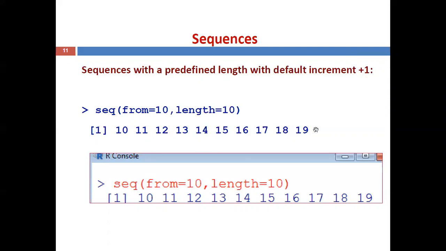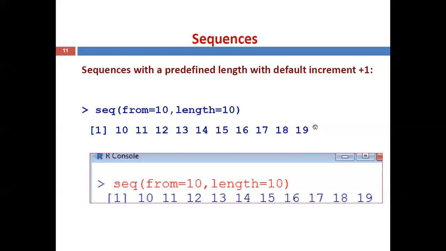Now the output is, see here, it is increased by plus 1 each and every time. Like that it generates 10 values. Why? Because the total length is 10. That means 10 values are included in the sequence, starting with 10. Now you can see the first one is 10. By default increment by 1: 10 plus 1 is 11, 11 plus 1 is 12, 12 plus 1 is 13, 13 plus 1 is 14, and so on, 18 plus 1 is 19. Till 19 you can see the count is satisfied: 1, 2, 3, 4, 5, 6, 7, 8, 9, 10.